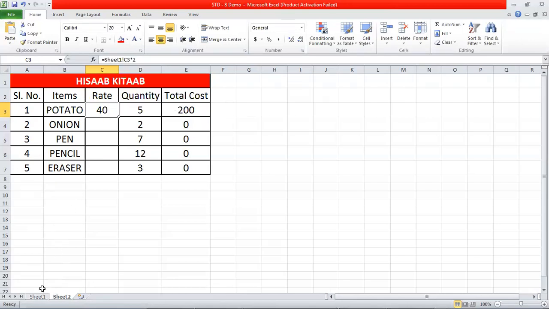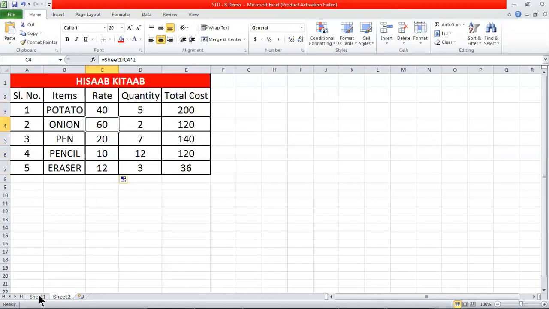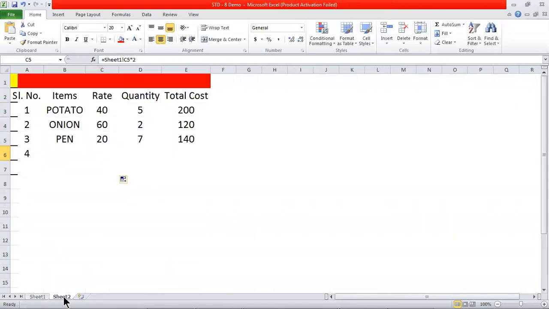40 यहाँ पे आ गया, देखो 20 का जस्ट डबल हो गया कि नहीं, 40, और उसके साथ साथ 40 into 5, 200. Okay, see the value changed. Here the value was 30 and here the value became 60. Here the value was 10, here the value became 20. Here the value was 5, here the value became 10.